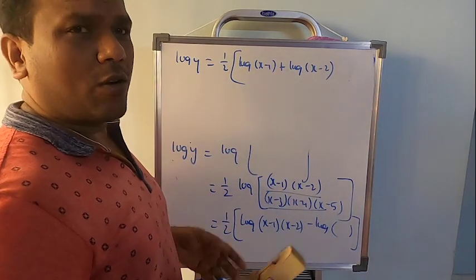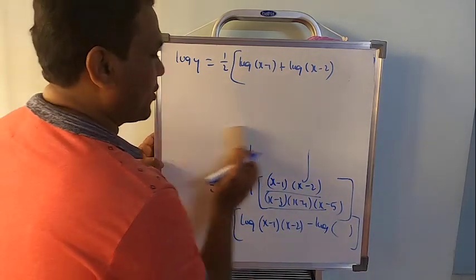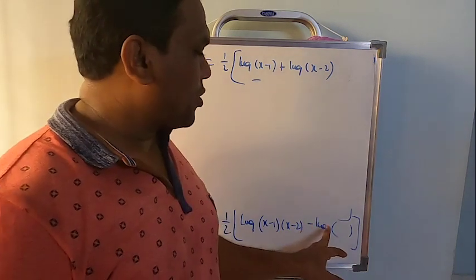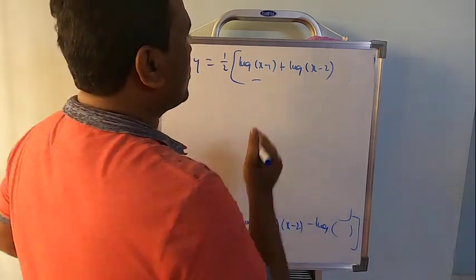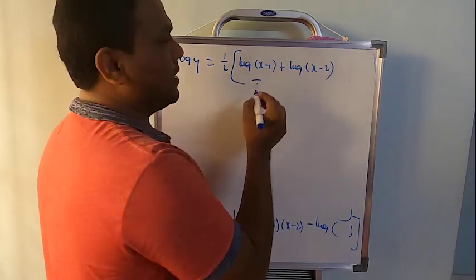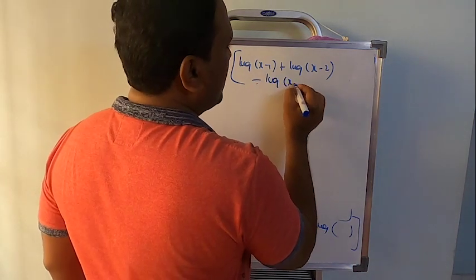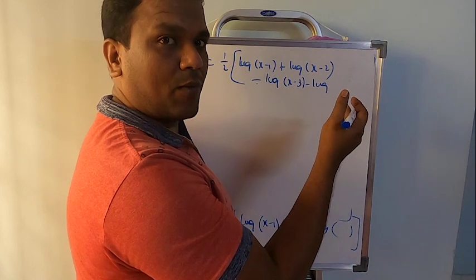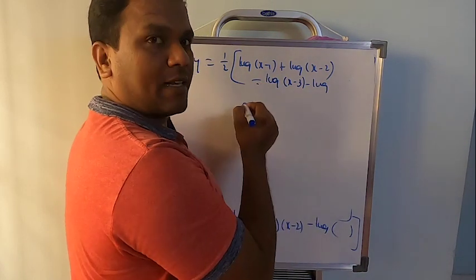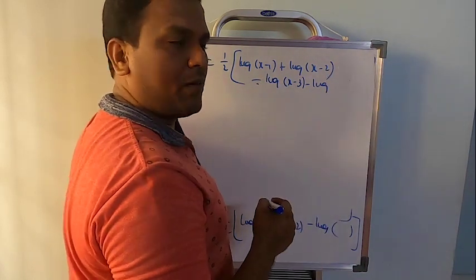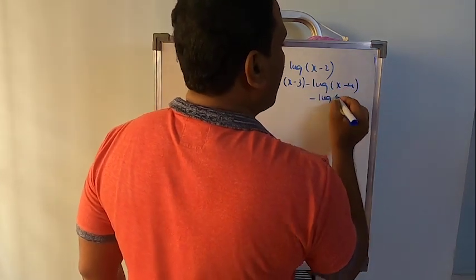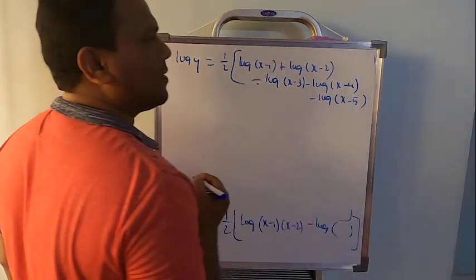Okay, still we have not differentiated. Its simplification is going on. Now you need to observe after that, minus log of the product of 3 will be there. But there is a minus sign before that, right? So minus of log of x minus 3. You will actually get a plus sign after applying the formula of log of xy, but there will be a minus sign outside. So each term should be multiplied by minus: log of x minus 3, log of x minus 4, minus log of x minus 5.